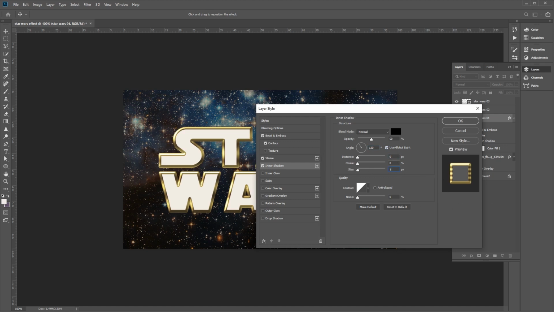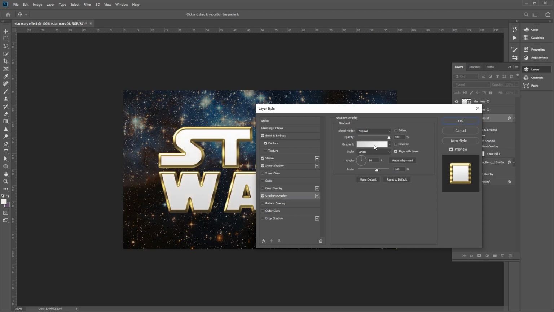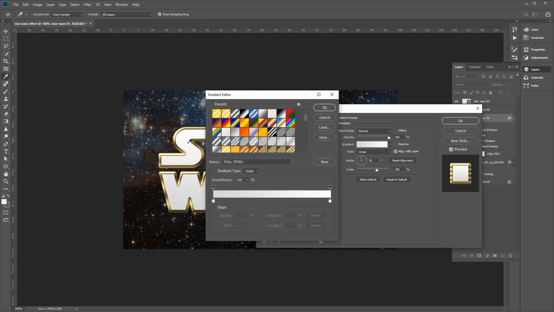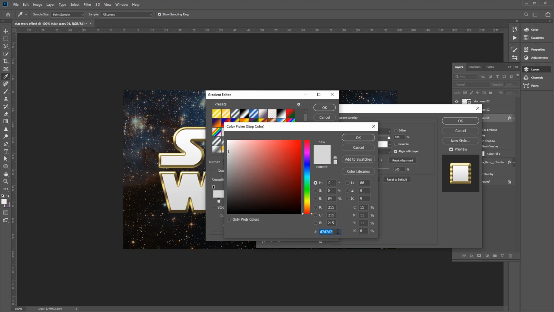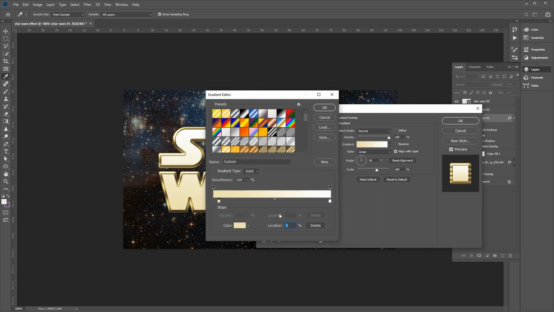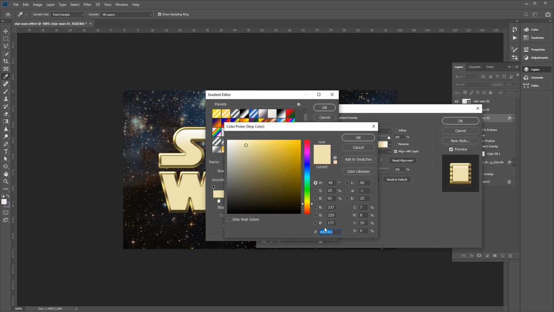Cool. And now we want to add a gradient overlay. Let's go to gradient overlay here, click on the gradient bar, and we're going to create our own custom gradient. Select the first color stop, move that to a location of 5%, and change the color to EDE1B1. Create another color stop by clicking at the bottom of the gradient bar, with the location at 75%, and change this color to